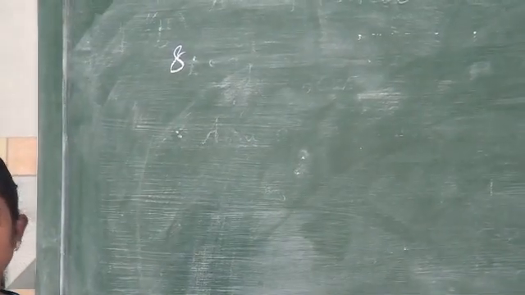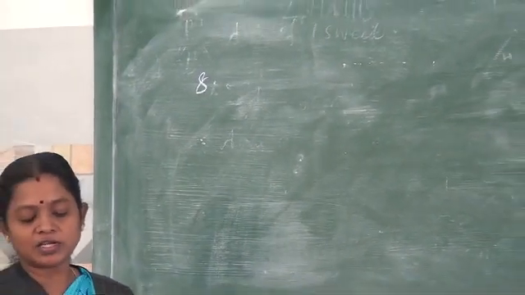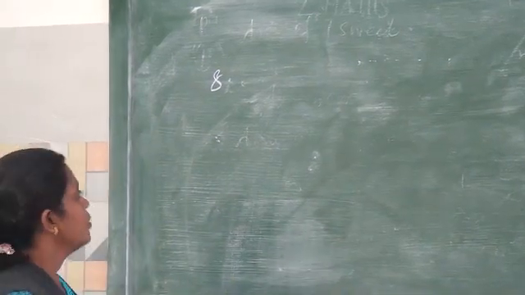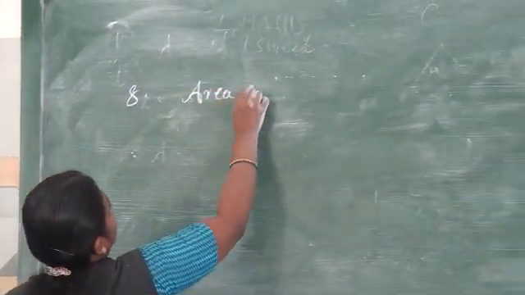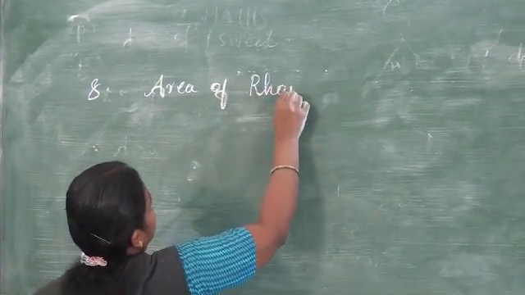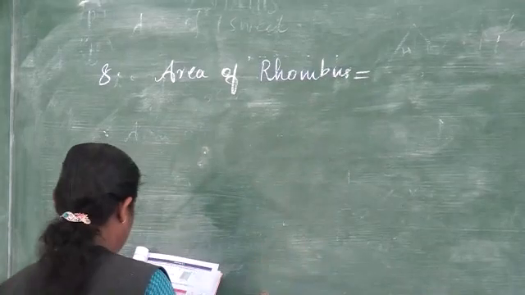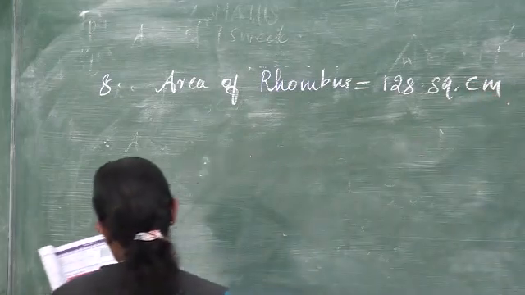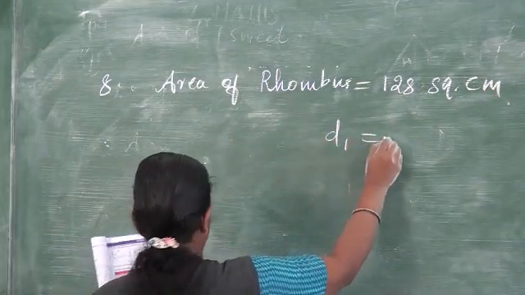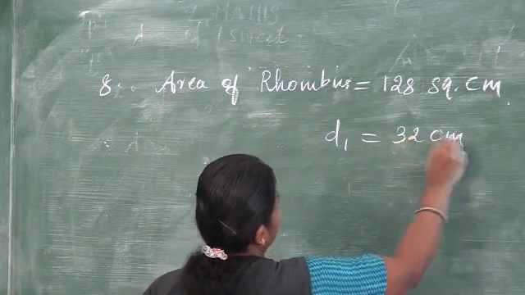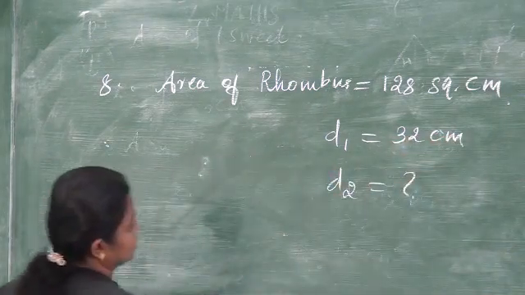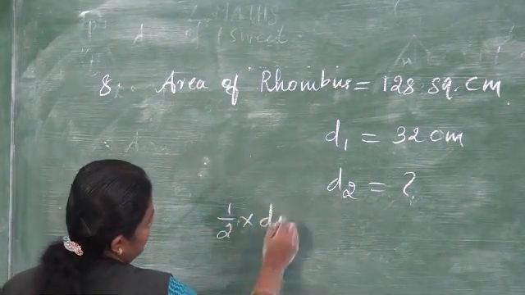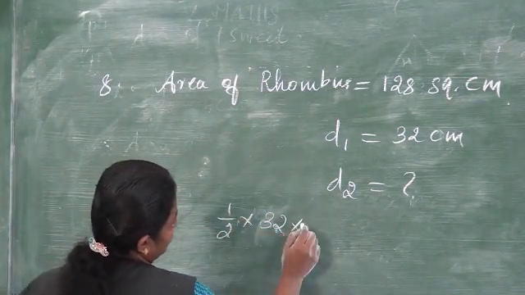Now, the eighth one. The area of the rhombus is 128 square centimeter and the length of one diagonal is 32 centimeter, and the length of the other diagonal we have to find out. The area of the rhombus is given to us, 128 square centimeter. Then one diagonal is D1, that is 32 centimeter. We have to find out what is D2. We know half into D1, what is the D1? 32,